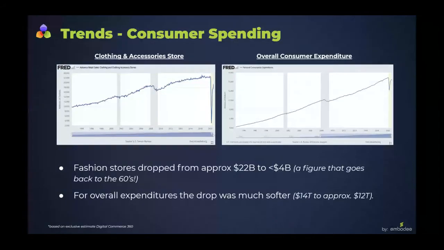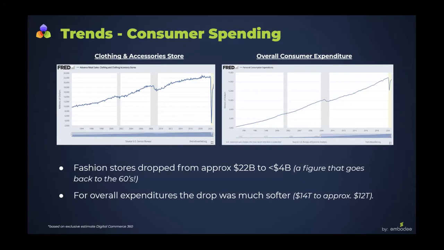Take a look at the left. What happened to clothing and accessories, which is the image that we see there? It dropped from about 22 billion to a little below 4 billion, guys. A figure that is staggering. That is at the beginning of the recession. We have not been in the vicinity of that number since, what, the 60s? And a strong recovery followed, as you can see over there. So we are starting to see already the effect of what we hopefully are going to call coming out of the pandemic.